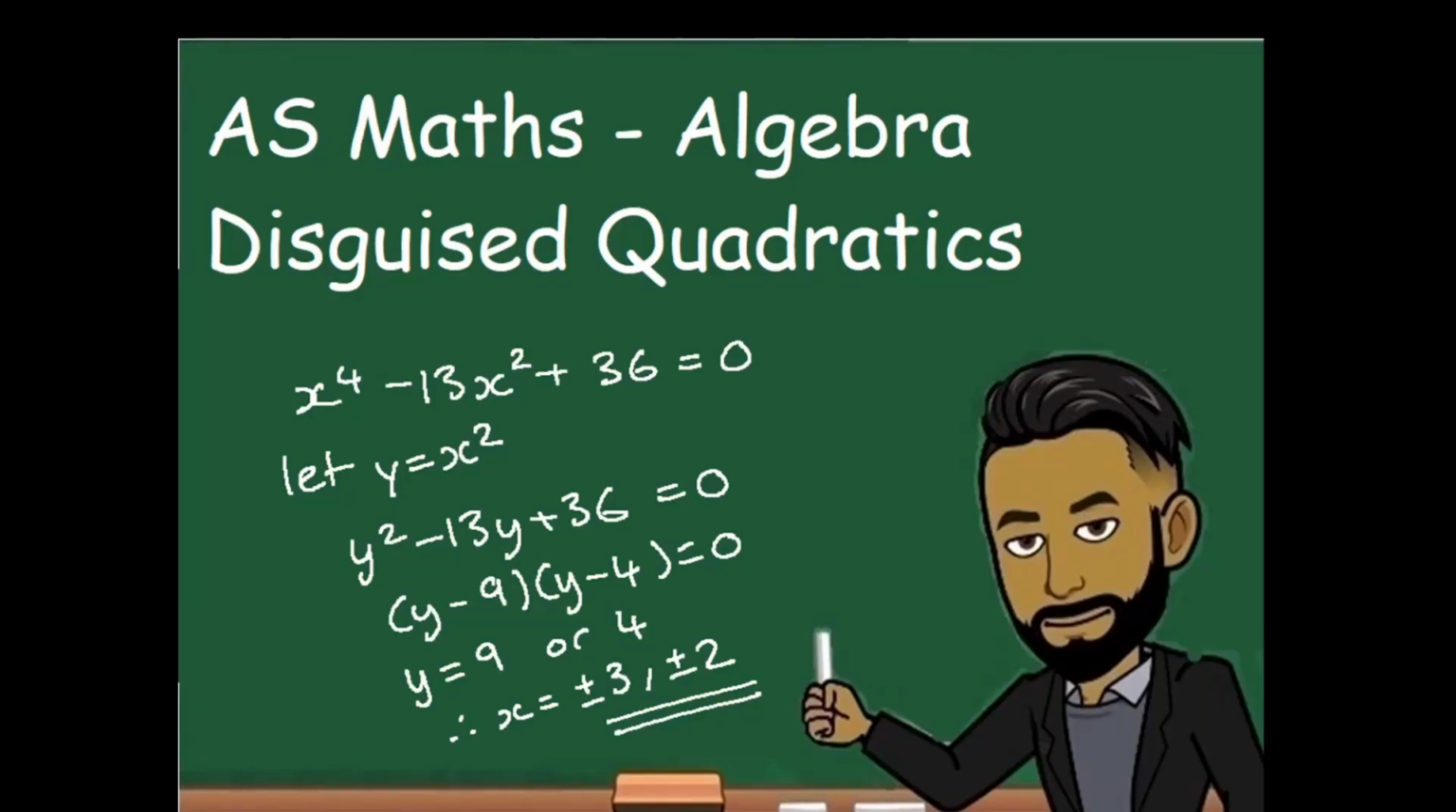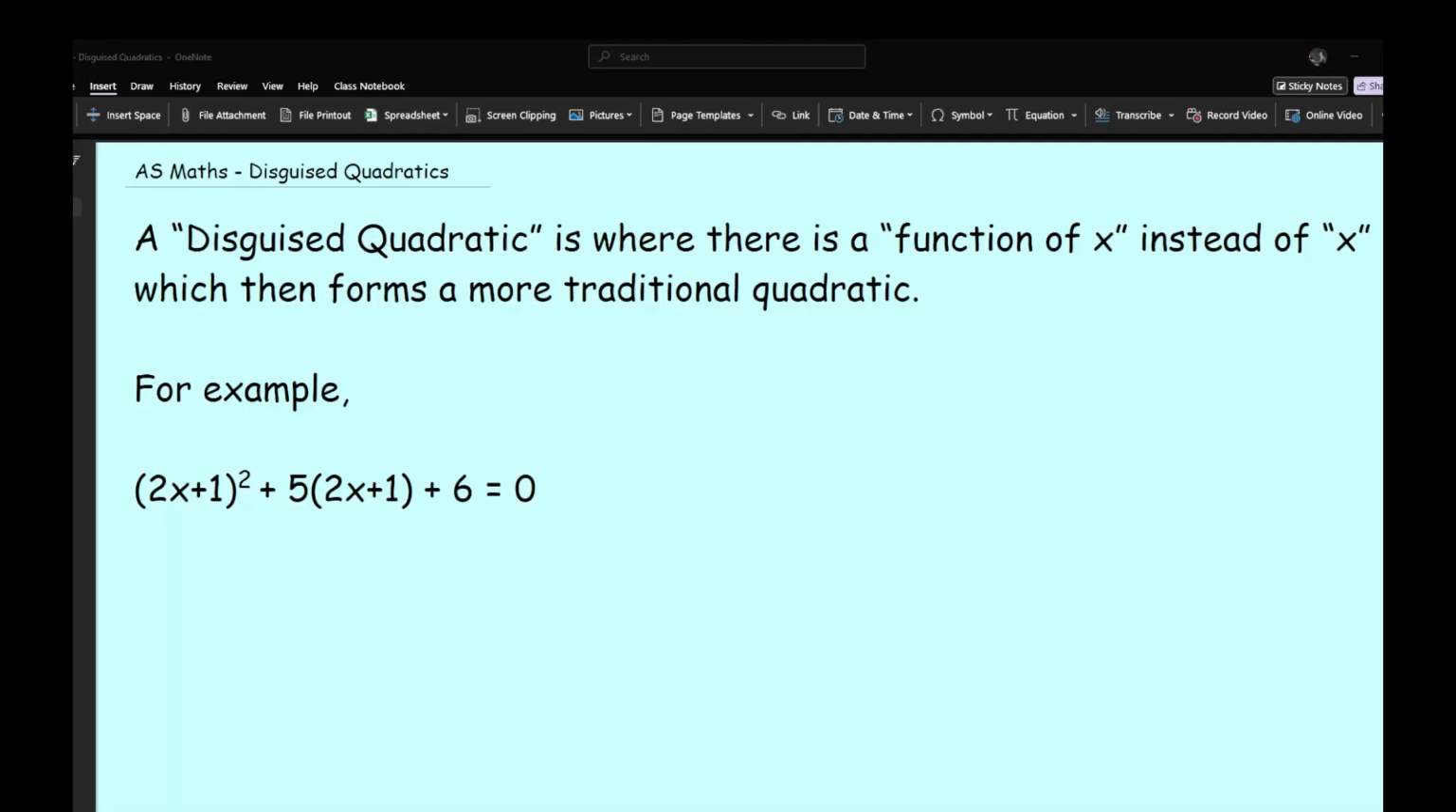So welcome everybody to this latest video on 162 Maths, and in this video we're going over the AS Maths algebra topic of disguised quadratics. A disguised quadratic is where there is a function of x instead of x, which then forms a more traditional quadratic. So for example, if we had (2x + 1)² + 5(2x + 1) +